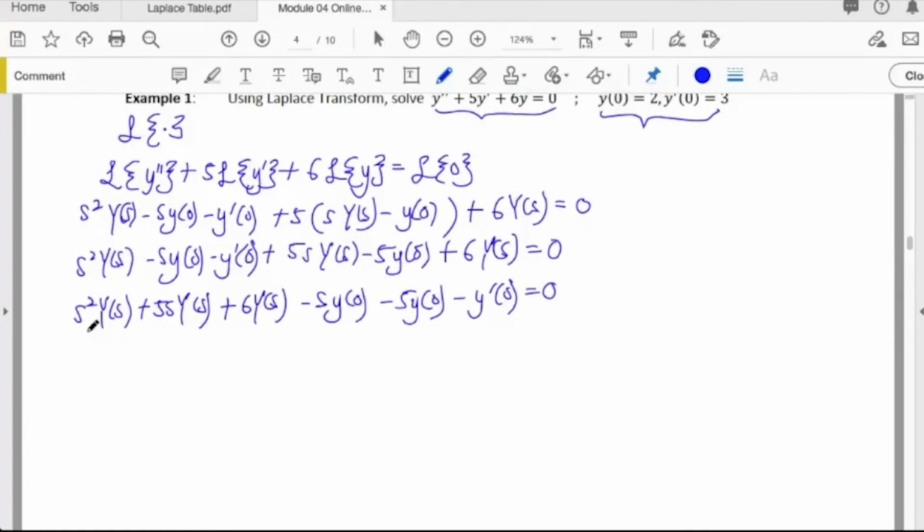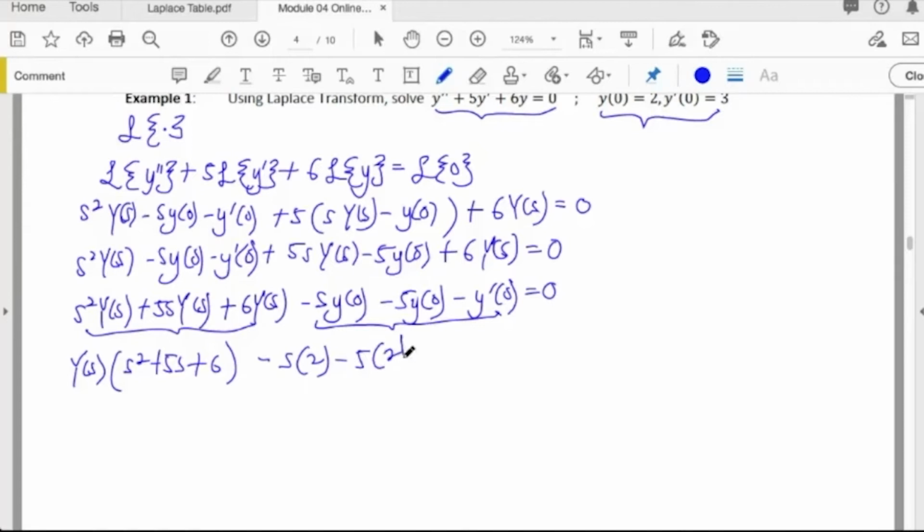Okay, so that part you can combine to become Y(s) times (s squared plus 5s plus 6), minus this part. You can put in the initial value information. So s0 gives you 2, 5, 2, and y prime 0 will give you 3. Okay, then you solve for Y(s). So Y(s) will be equal